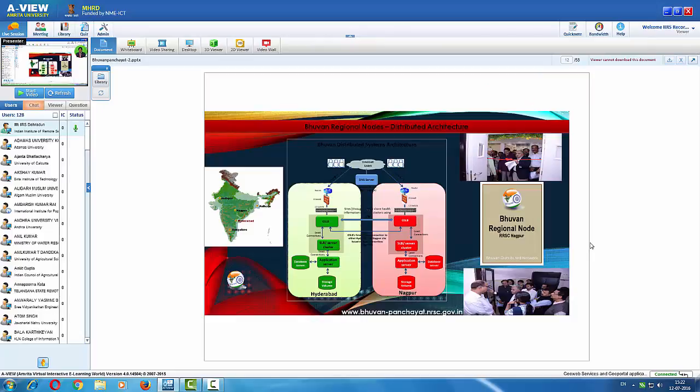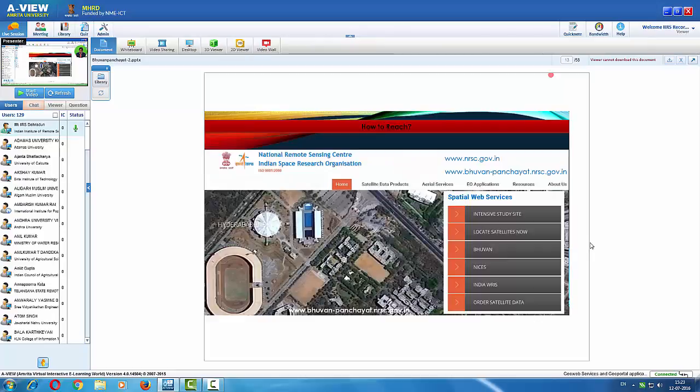And other resources to consider, for example, the data centers of Bhuvan. Bhuvan started with the first data center situated in Hyderabad. We are also growing with other data centers which are regionally, geographically distributed: one at Hyderabad, Nagpur, Jodhpur, Calcutta, and Bangalore. Using all these data centers and the available resources, it is very easy and feasible to develop such an effort. So having seen the various building blocks for developing the Bhuvan Panchayat portal,